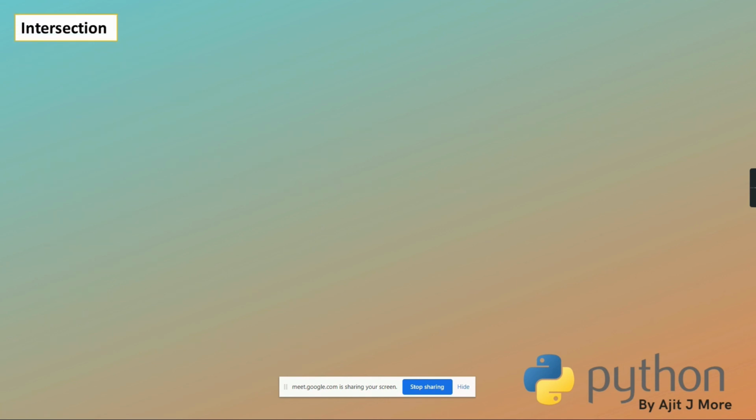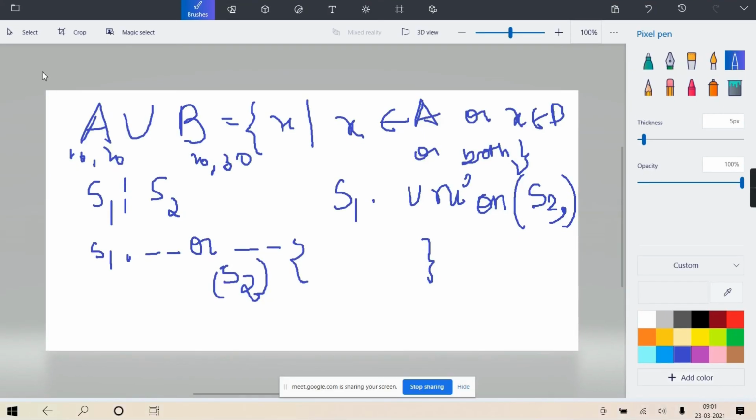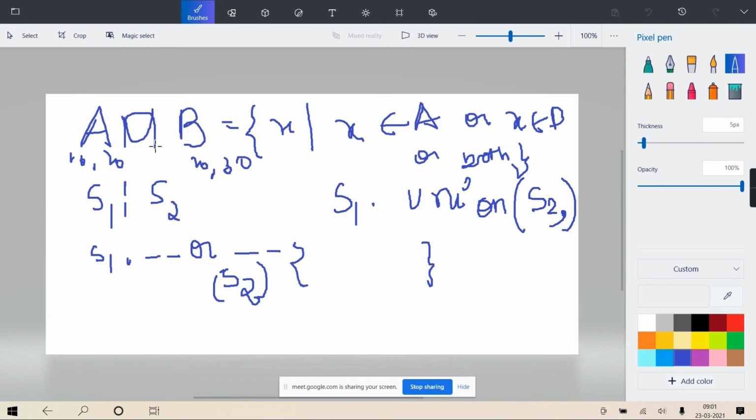Okay. Now in the same way as union, there is intersection. In intersection you will get only those elements which are present in both. So X belongs to A and X belongs to B, meaning only those elements which are present in both A as well as B. For this, you can use an operator, or they have given a method with the name intersection.